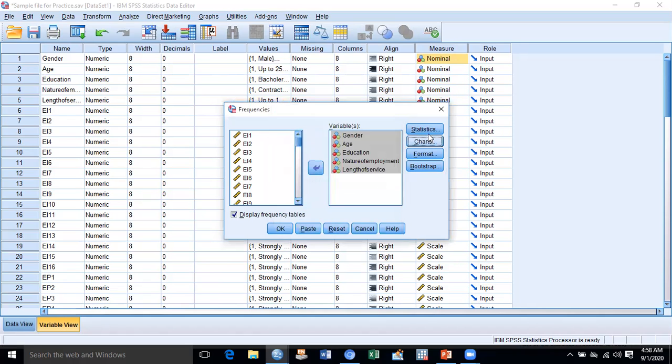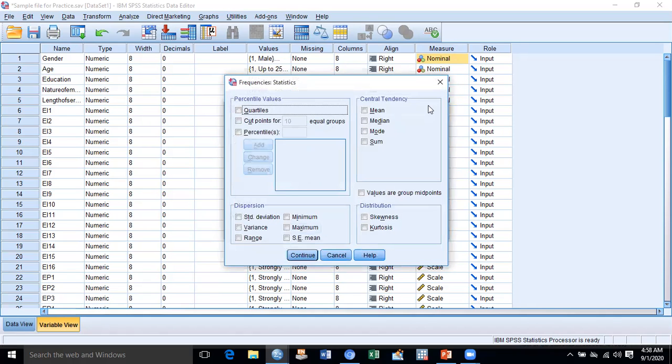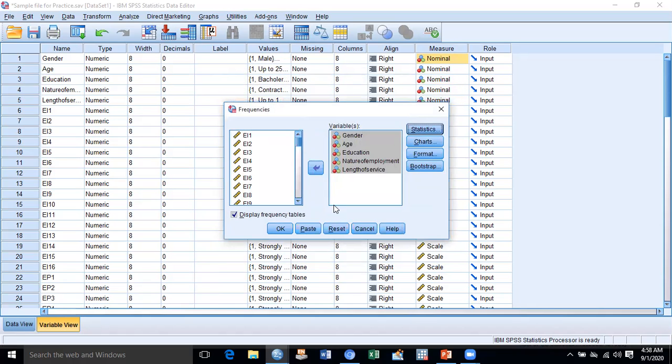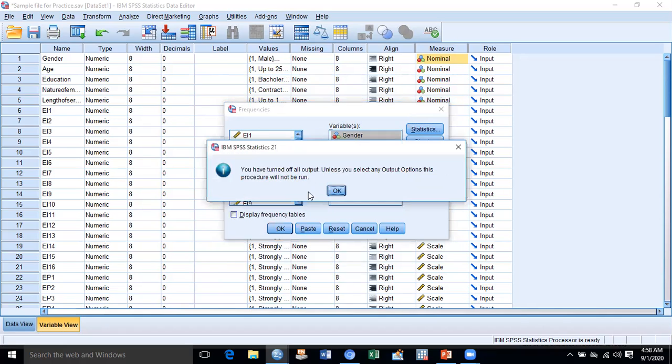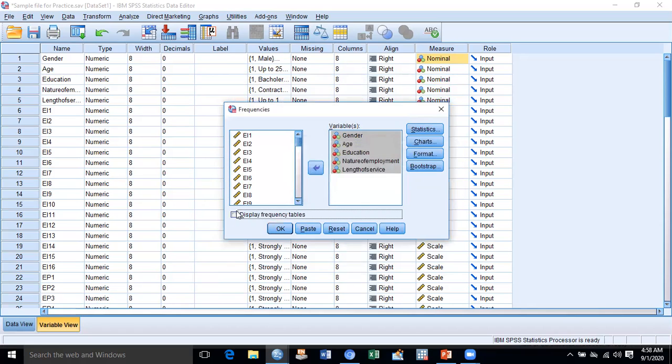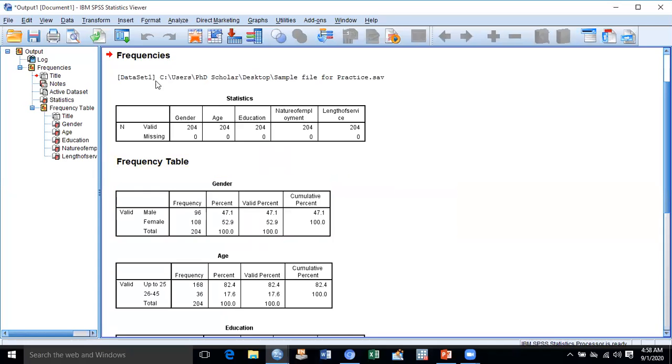So simply, as you know, we don't require too much output from this data. Here we can simply display the frequency tables. Just simply click on OK. Here you can see it is showing the frequencies, statistics about valid and missing: gender, age, education, nature of employment, length of service. Here you can see the total sample data 204, 204 and 204.